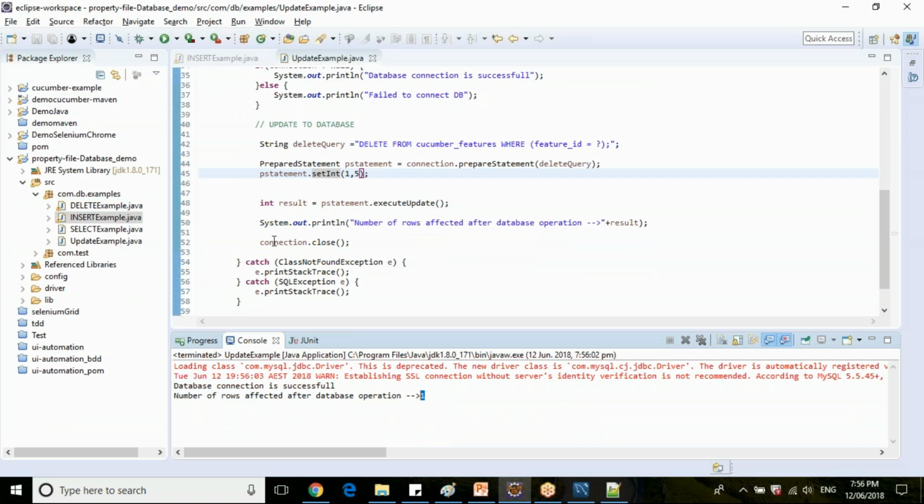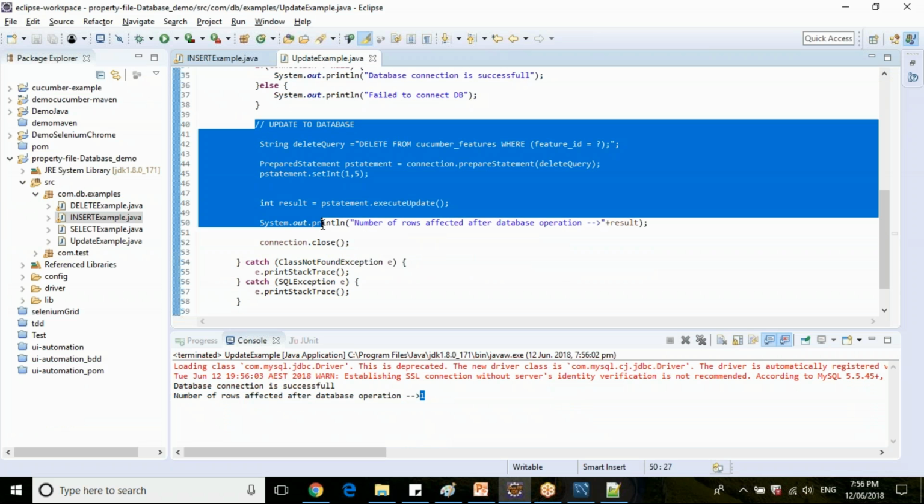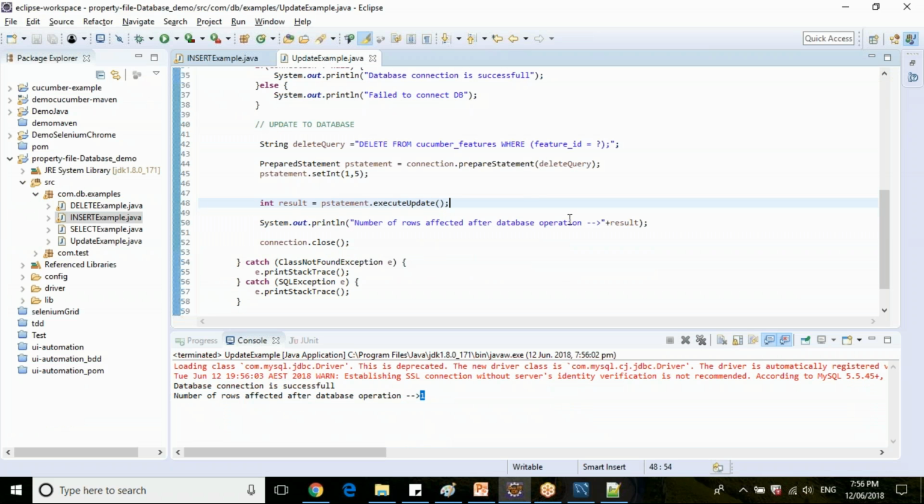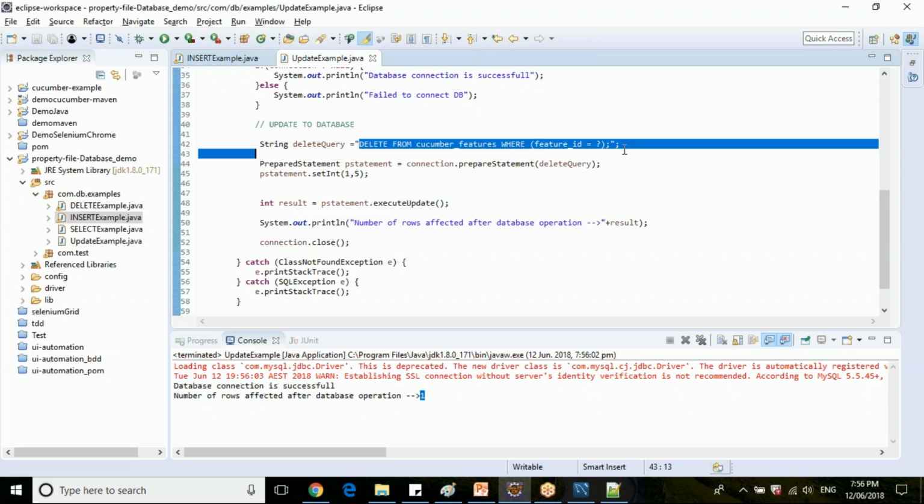Clear, guys? Any queries on the delete query here? Do you need any repetition for the delete query? So you are just preparing the delete query here.